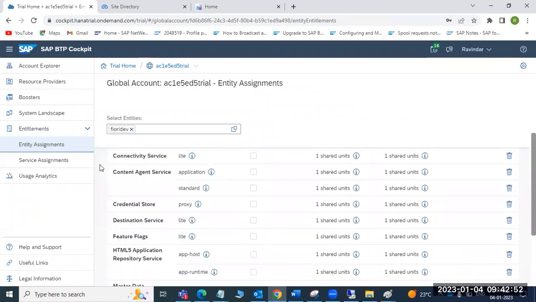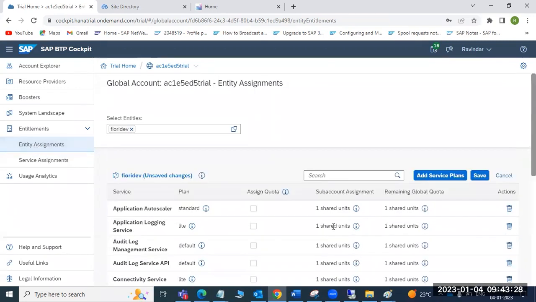So then you can go to the sub account. We can use that service. In the entities, we can assign our services here, whatever services we can assign. Entities are the right to provision and consume the services and resources. Maybe in other words, entities are the service plans. What are the services you are entitled to use? Those are the entities. We can assign those services here.